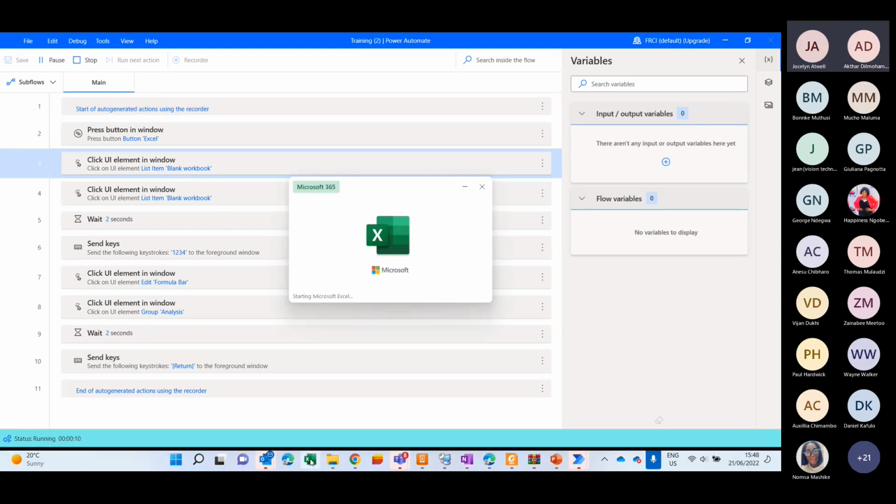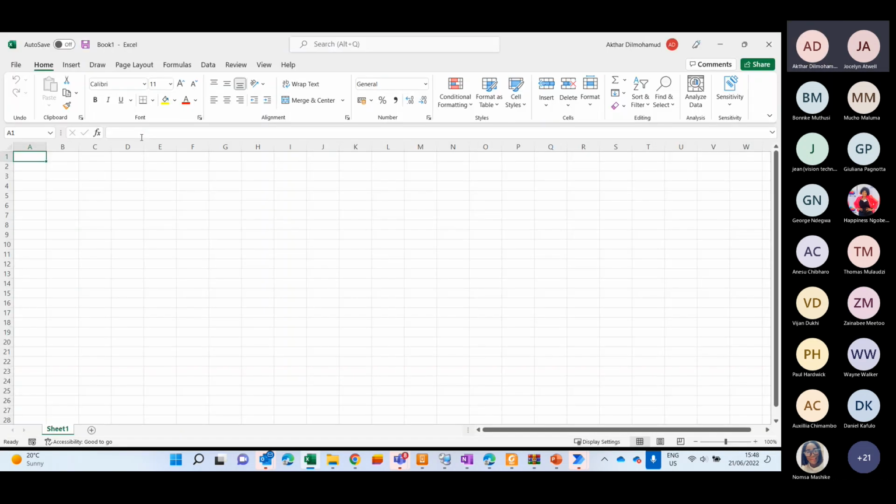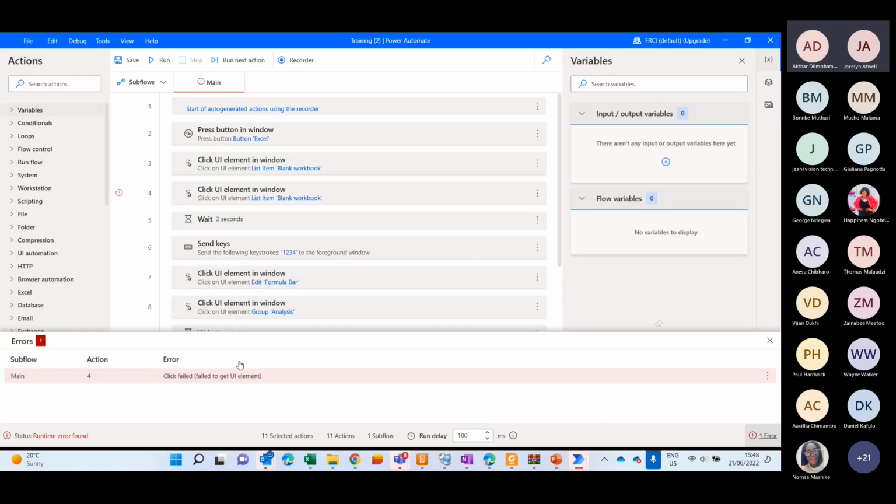You see now it's doing some stuff. This is automatically done. I am not clicking anything, not even touching the mouse. So it opens up Excel, and then we type in some values, or not. Okay, there are some errors that you probably have to check. But anyway, the idea of